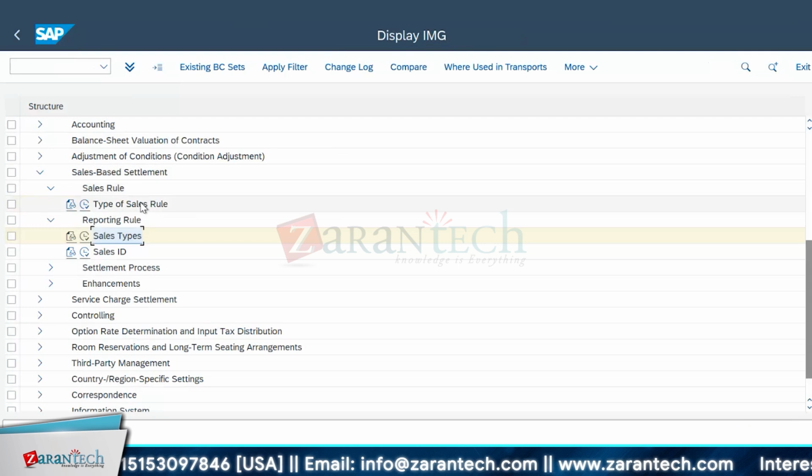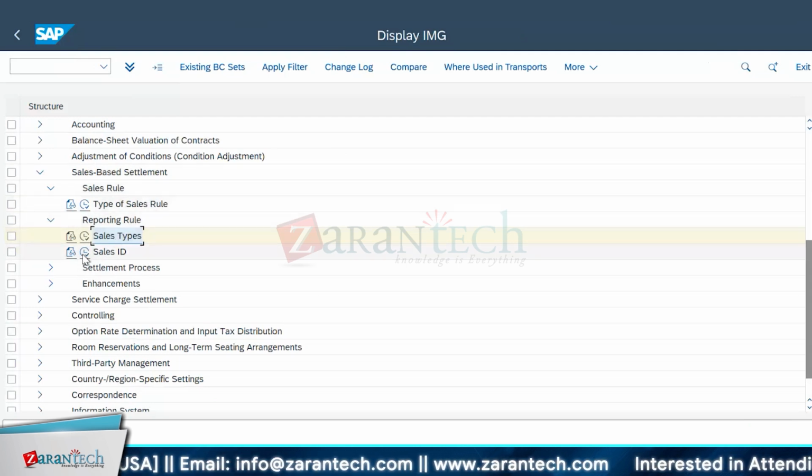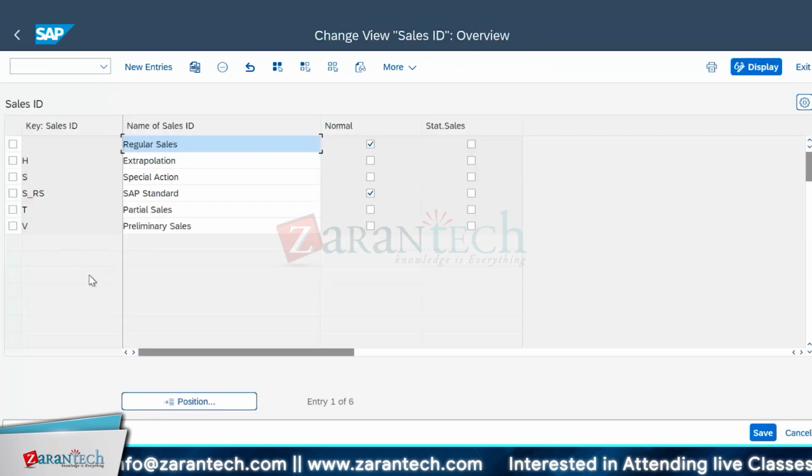We have defined the sales rule, then we have defined the sales types. I told you what is sales rule, what is sales types. Then we'll go for sales ID. Okay, now what is the sales ID? Okay, sales ID here you can see what SAP in the standard process was given,